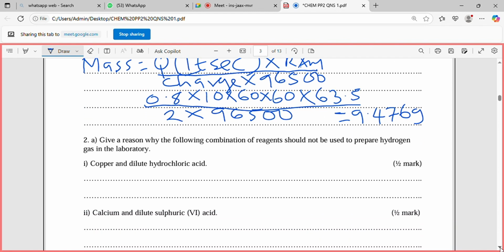Give a reason why the following combinations of reagents should not be used to prepare hydrogen gas in the laboratory. Number 1, copper and dilute hydrochloric acid. Copper cannot react with dilute hydrochloric acid or dilute acids because copper is below hydrogen in the reactivity series, so it cannot displace hydrogen from dilute hydrochloric acid. So we say copper